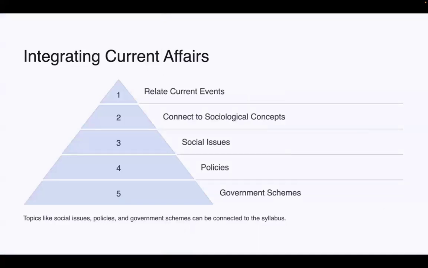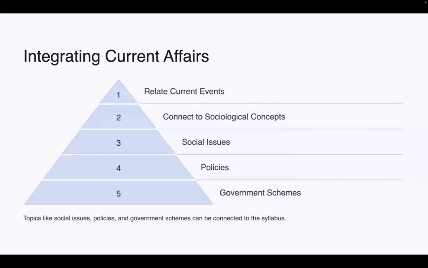Integrating current affairs. This is the last portion. Once you have understood all the concepts, so whatever is happening in the society, whether socially or politically, the portions given in this syllabus, basically they are asking more and more current affairs in the sociology paper 2 section C, that is social issues in our society, the issues which are emerging in society, whether related to population,